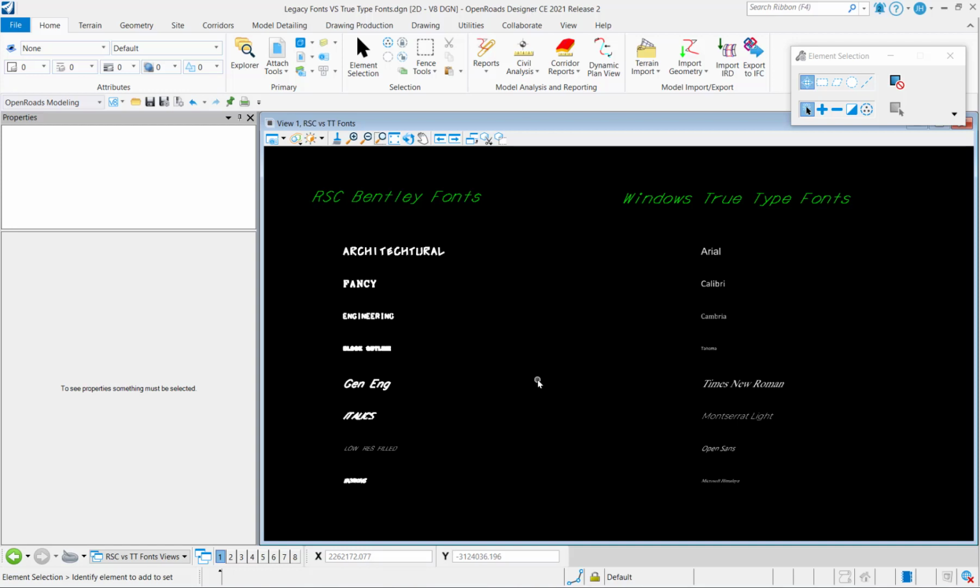There are different types of fonts that Bentley supports. Here I'm in a DGN where I've placed a variety of resource fonts on the left column, and then also a variety of TrueType fonts there on the right column. What I have on the left column is a list of resource fonts, also known as RSC, and these are